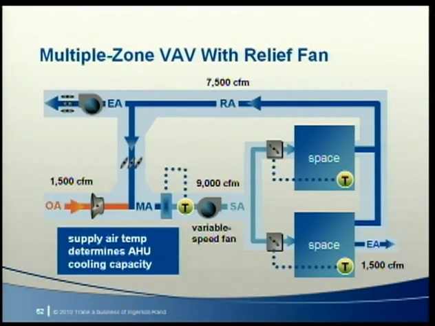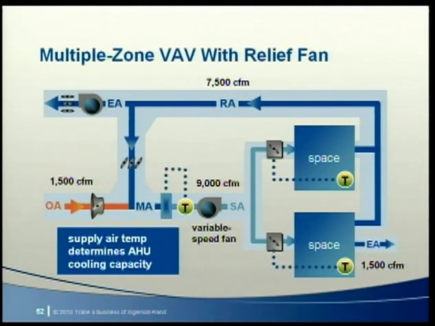Let's switch to a VAV example. Here's a VAV system with a VFD-controlled supply fan and a relief fan. Again, our example needs 9,000 CFM of supply air at design, so a size 14 air handler would work. But selecting this supply fan might be a little more complicated than it was for the constant volume system because